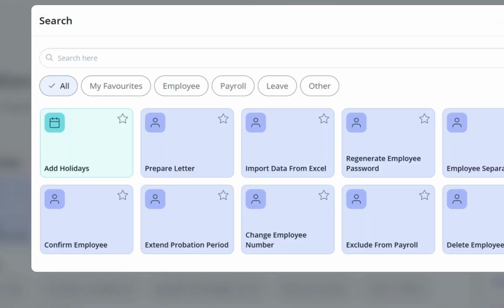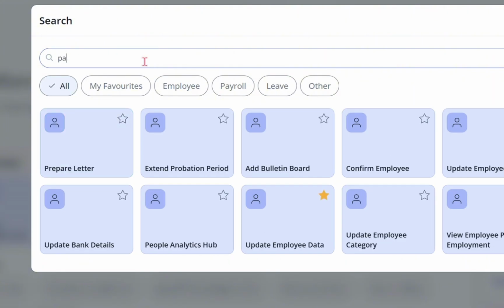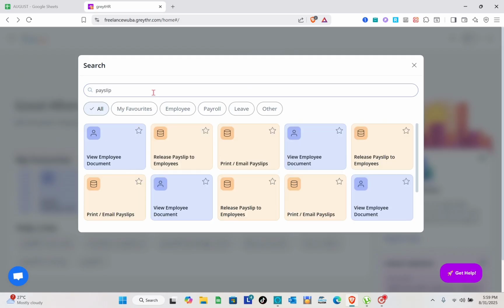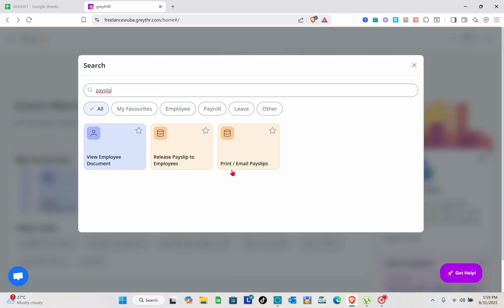That's right. And then here, using the search bar, you just have to search for Payslip. Okay, so make sure to select the print email Payslip. That's right. Okay, so just wait for a couple of seconds and then right here we just have to select